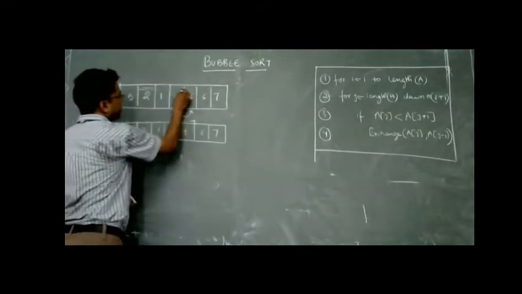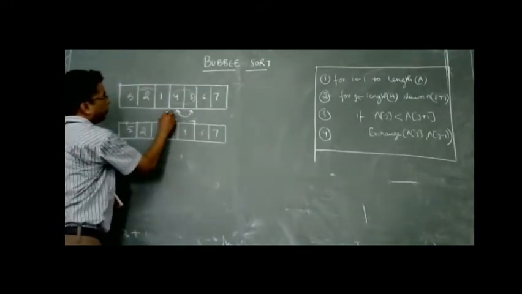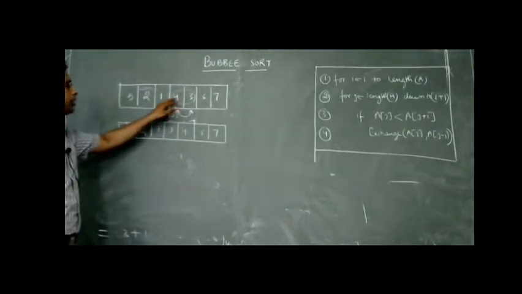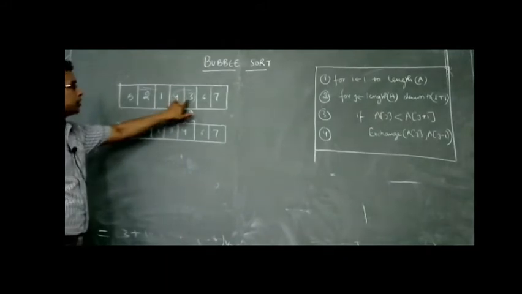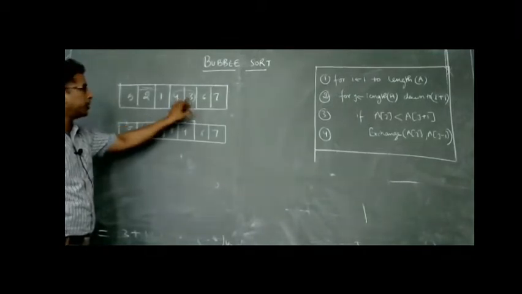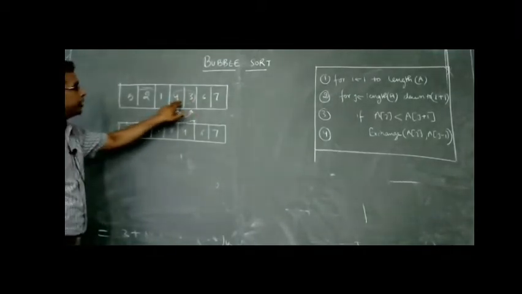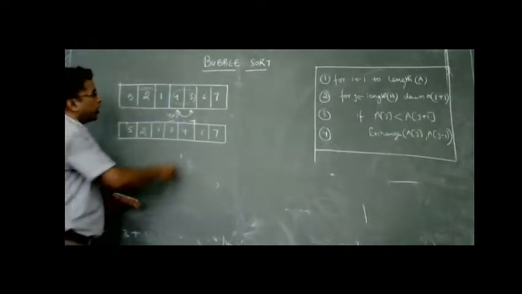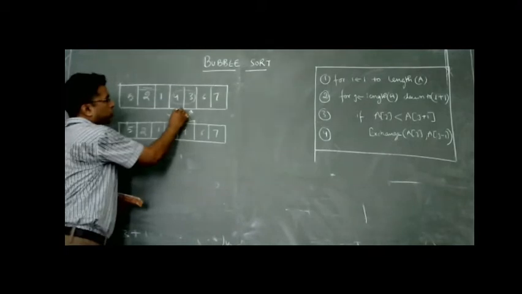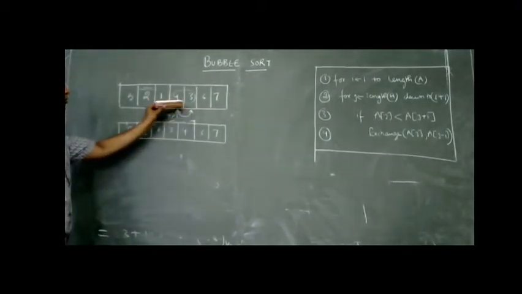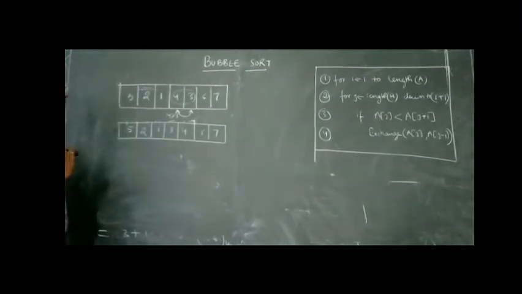Notice that this is the situation where 4 is greater than 3, but it is coming on the left hand side. This is against the decided property that the larger element should come on the right hand side. So here the condition was not being satisfied. So what we did, we exchanged these two elements. 4 goes to the position of 3 and 3 takes the position of 4, or we can say that 3 and 4 have been switched together.